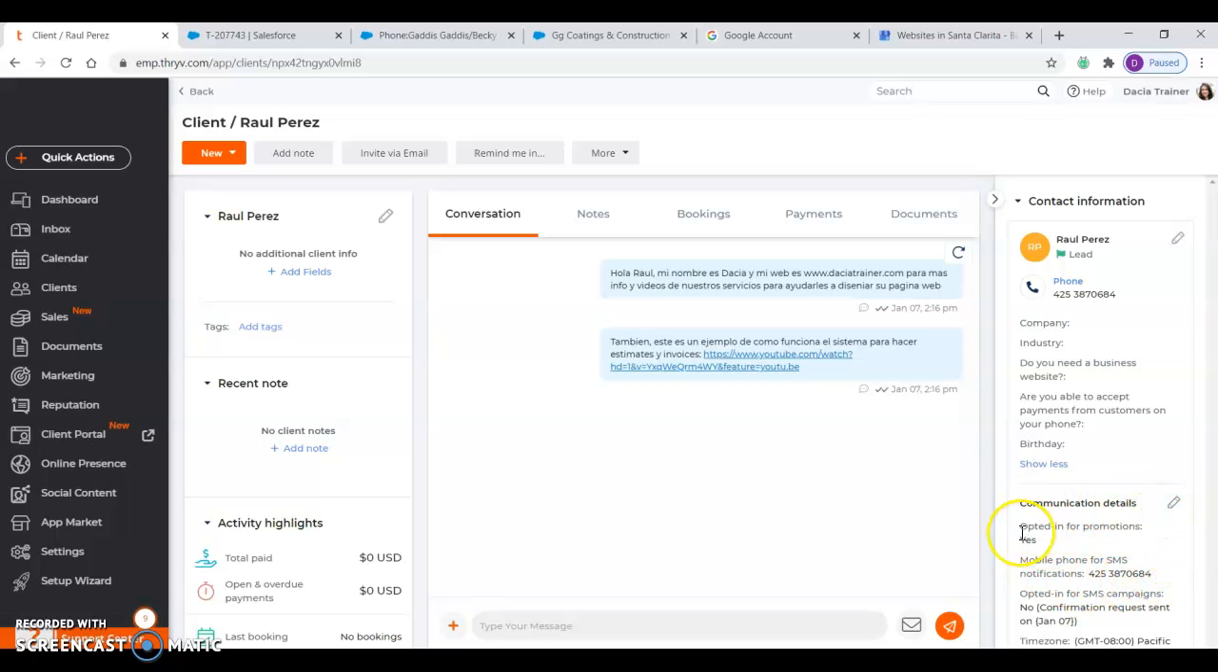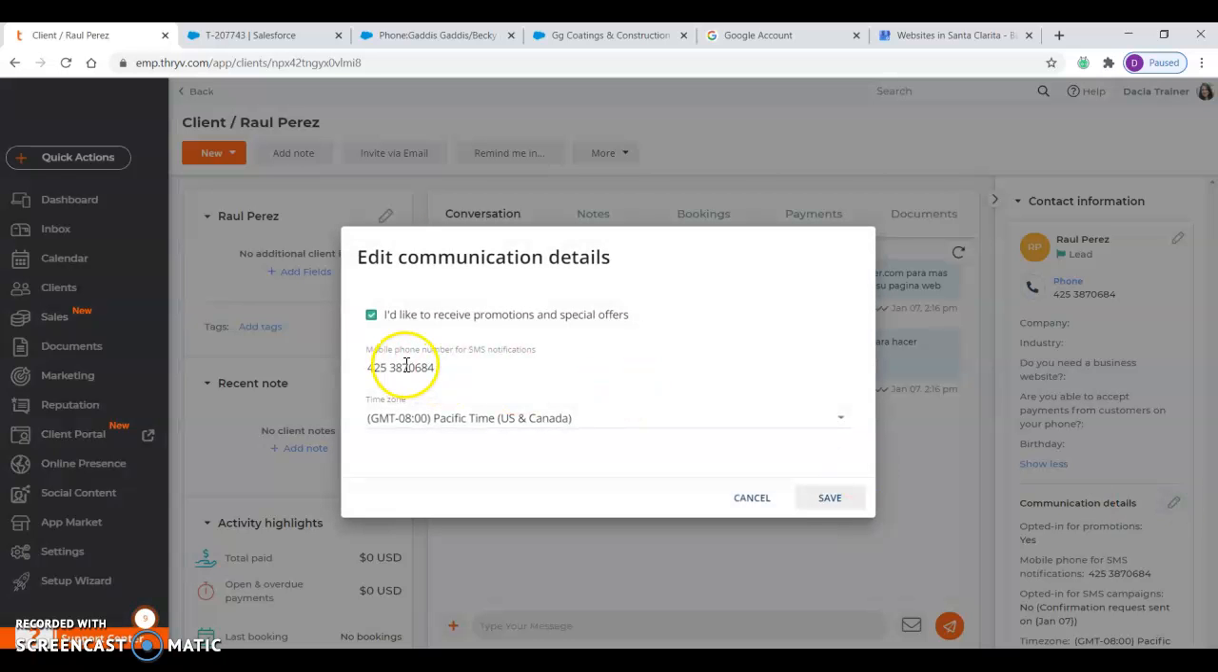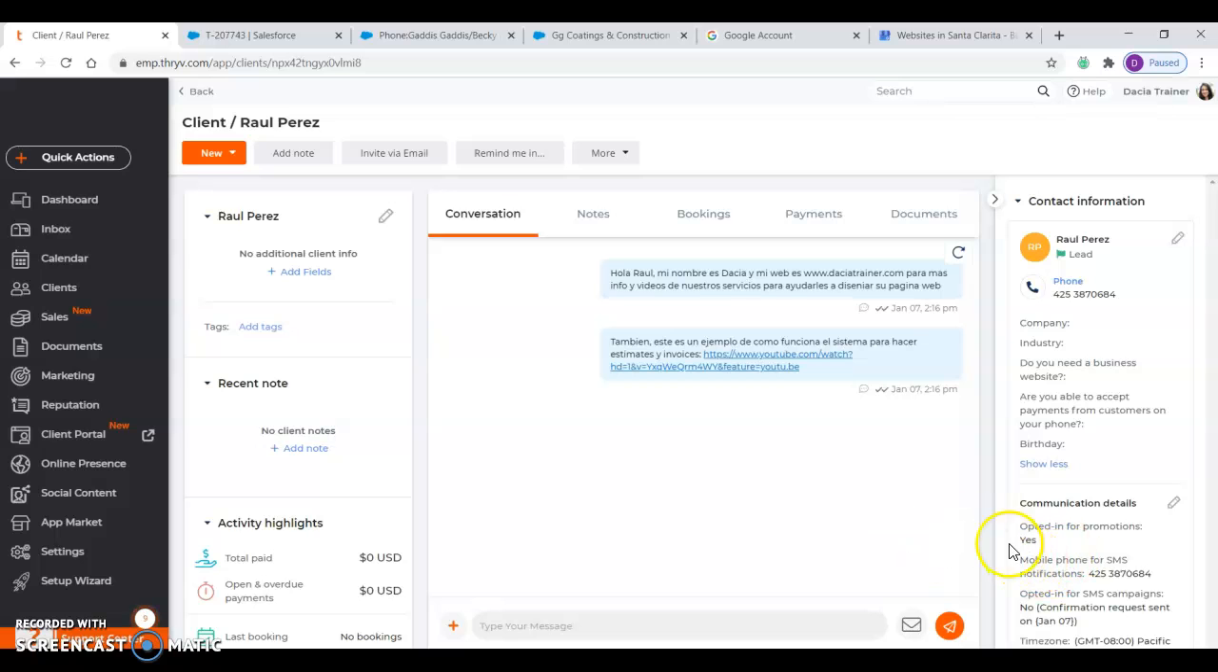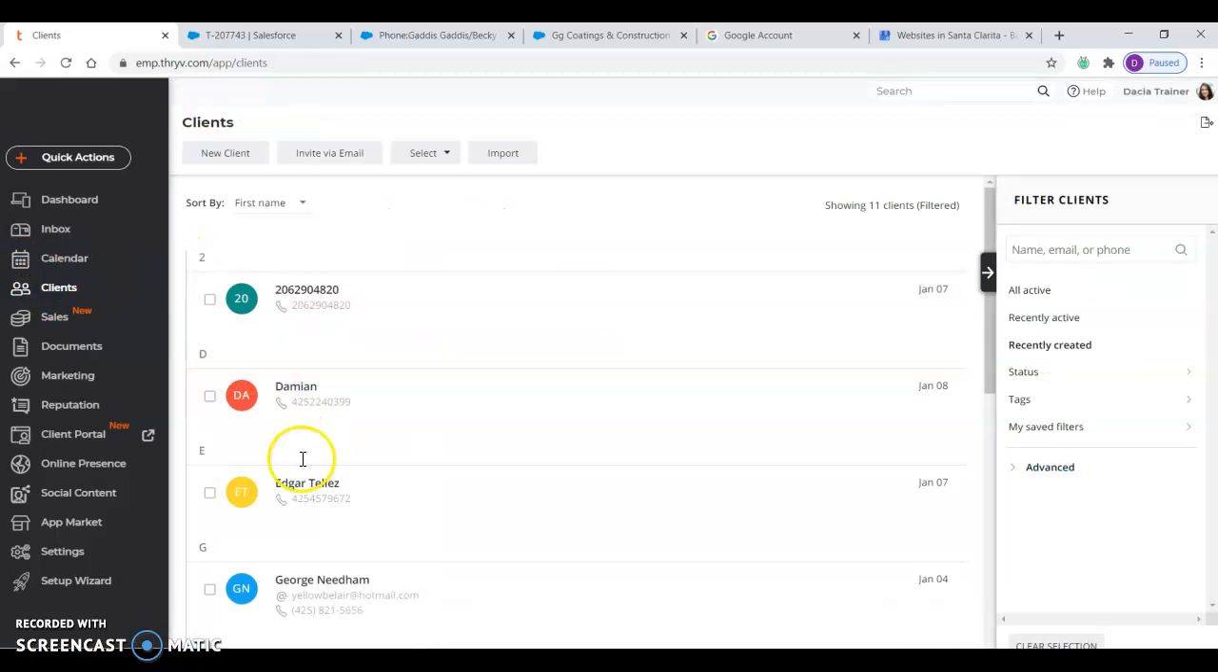So if you don't see this opted in as a yes, click edit and make sure that you check this box. So make sure that that box is checked and hit save, and that will opt them in to receive the auto generated email marketing messages. So just make sure that every client that you put in,